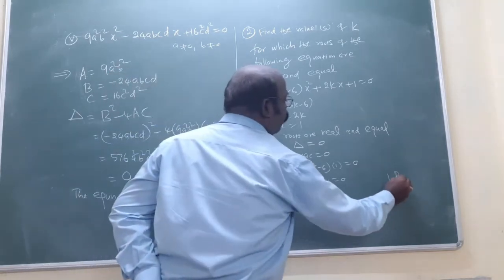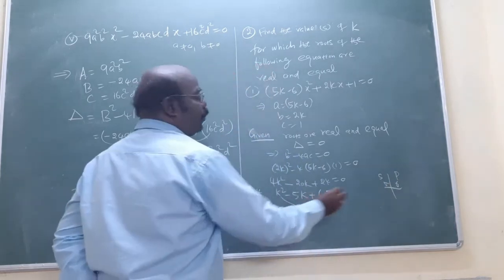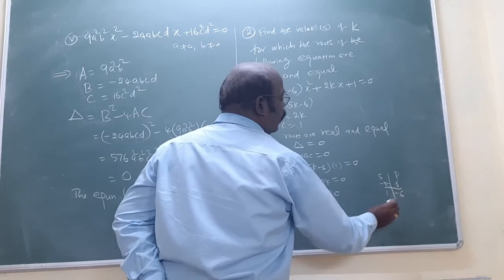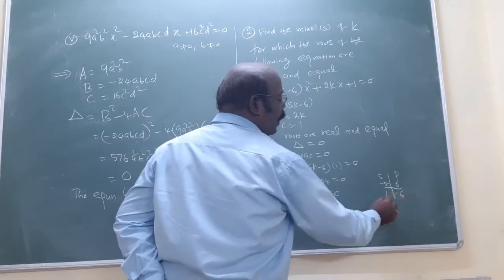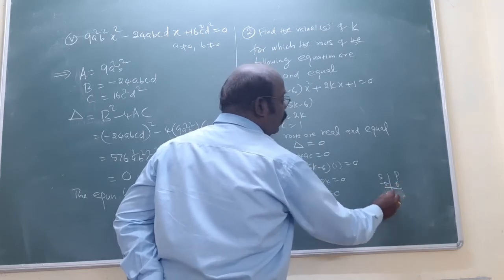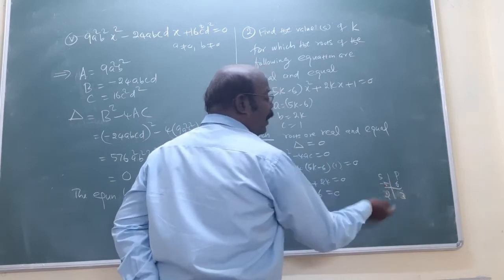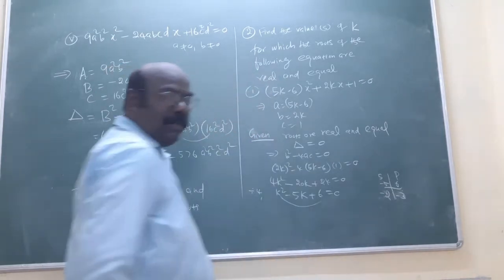The product of two numbers is 6 and the sum of the numbers is minus 5. What are the numbers? 1 and minus 6 multiplied gives only minus 6, not plus 6, so that is not possible. 2 threes are 6, adding both we get 5, but we need minus 5, that's why minus 2 and minus 3. Multiplying both gives plus 6.